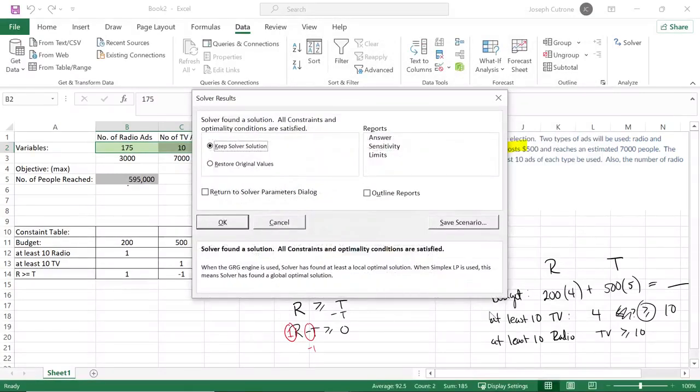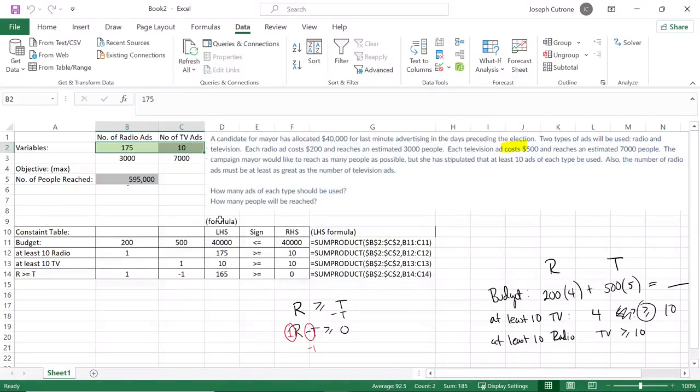Depending on your computer, it could be a little slower, a little faster, but here's what you want. Solver found a solution. All constraints are optimally satisfied. So we keep the Solver solution, we say OK, and we're good to go. Now this is amazing. Appreciate what Solver has done. It's come back and says the best possible answer that you could find is 175 radio ads and 10 TV